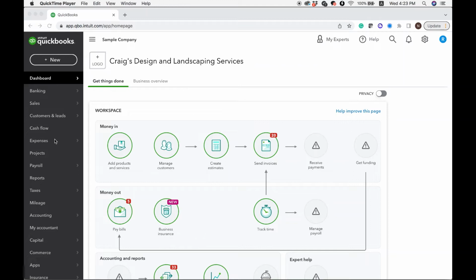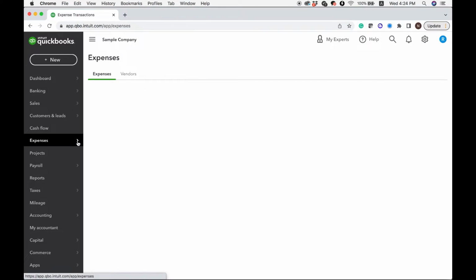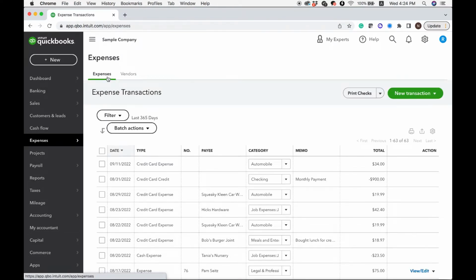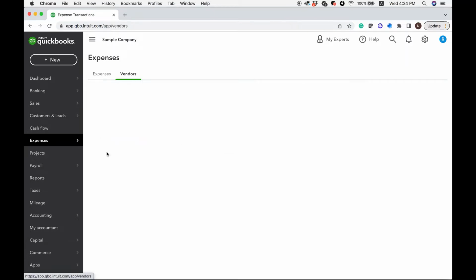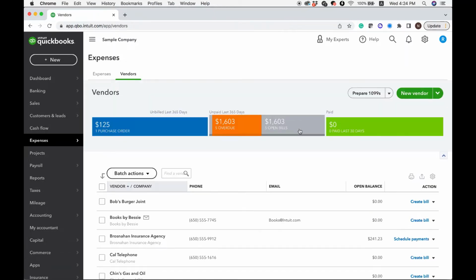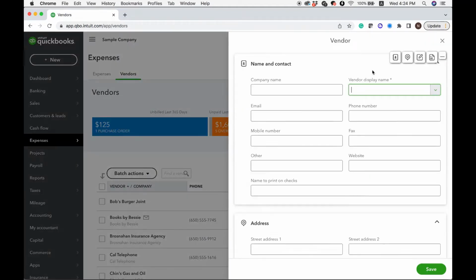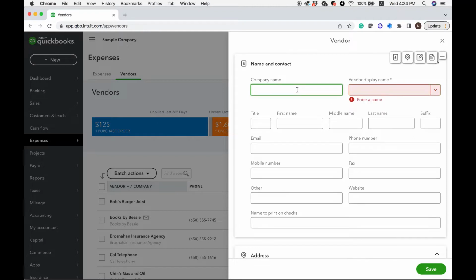So, first step is going to Expenses in your tab. Oh, I clicked, but it's okay. So there's Vendors. Go to Vendors, and there's on the right top, there's New Vendor. Click the New Vendor, and we're going to add